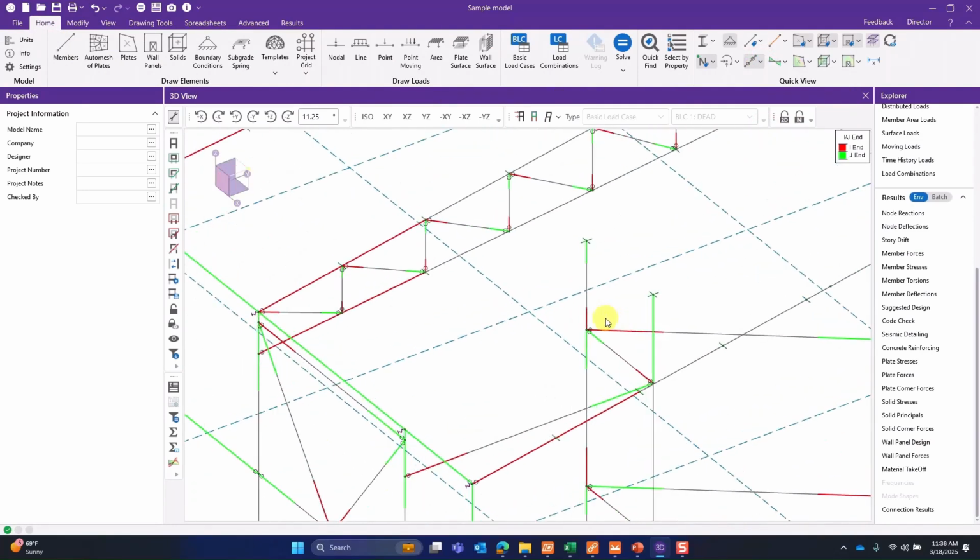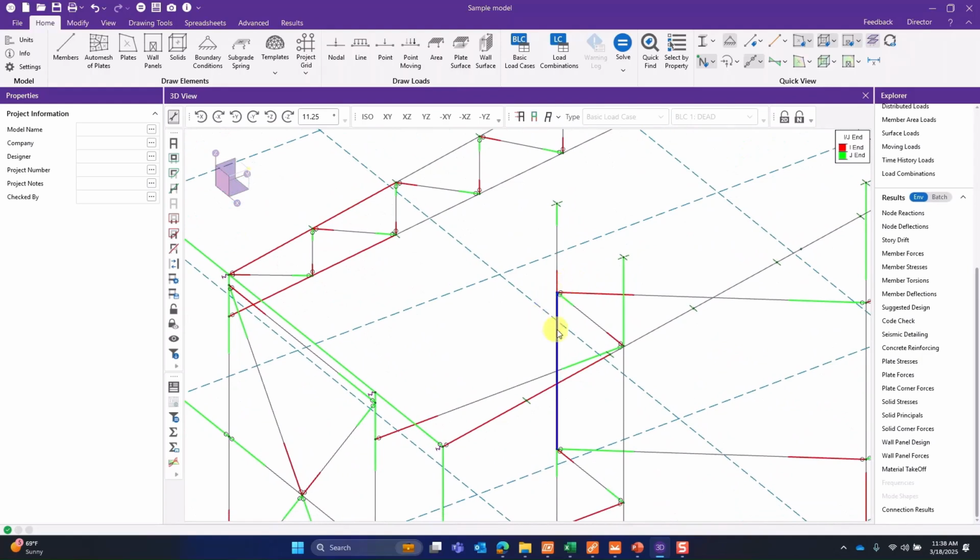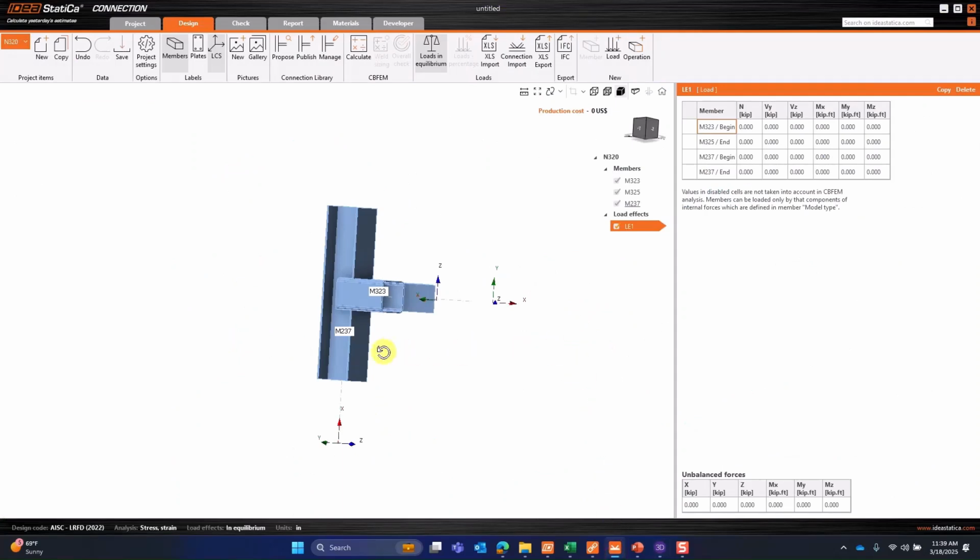So with these INJNs, we can verify that the bottom member is a J-end and the upper member is an I-end, as well as this rotated white flange is from an I-end and this HSS is on a J-end. If we go to the connection,